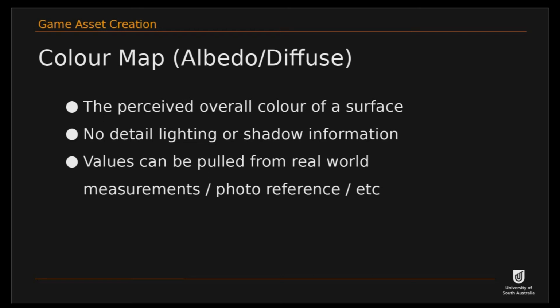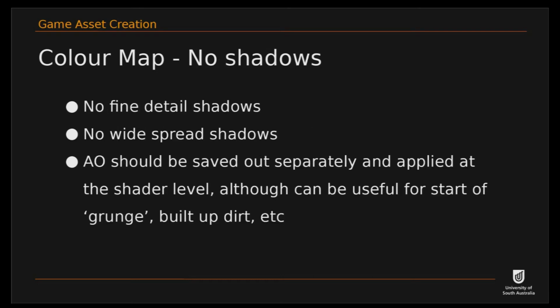Values for this map can be pulled out of the real world. So again, if you're using photo reference, there are ways of taking photos so that you can minimize how much lighting and shadow and reflectivity there is in there. Obviously, you want no fine detail shadows, no widespread shadows, and separating out the ambient occlusion. So in terms of the no fine shadows and no widespread shadows, if you're taking reference photos of an object to use as the base for your texture,